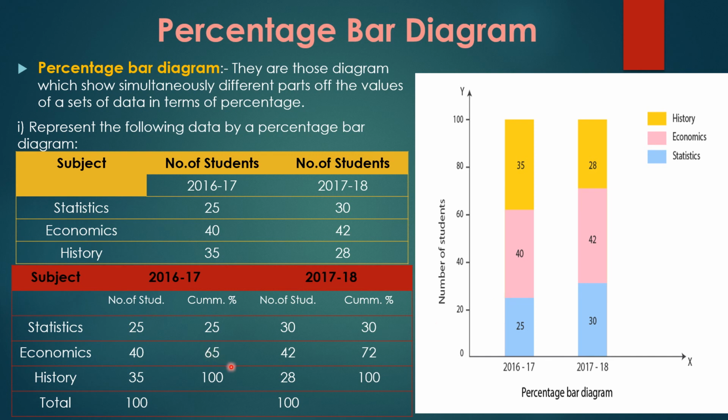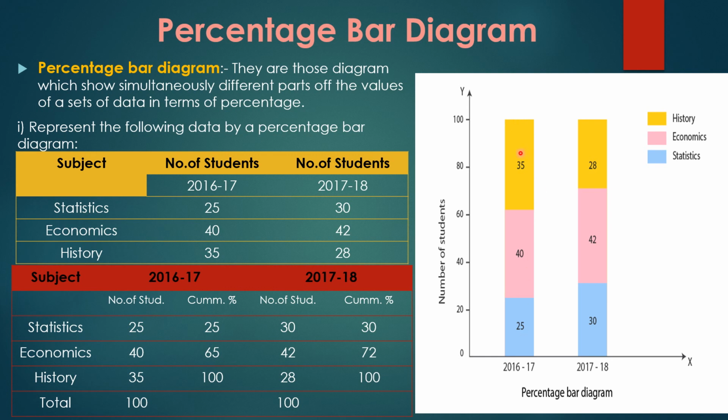We can see here in the cumulative how much it was: 65, economics 65. So it will start from here, 25 till 65. In total, we'll write the number in the middle of it, 40. 40 represents economics. Then from 40 up till the last, 100 it goes, because we have the cumulative here as 100. The maximum where it reaches is also 100, adding all these three.